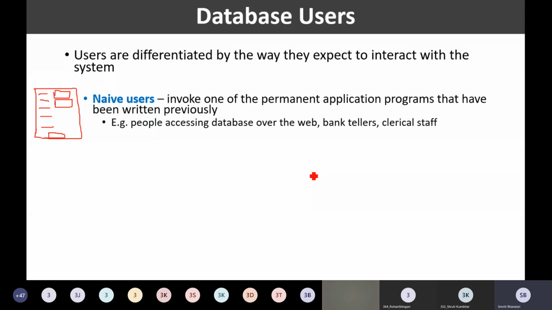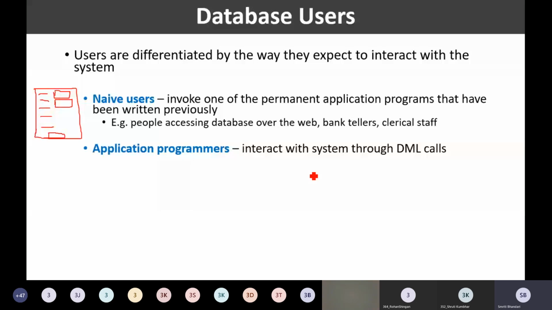That person will search for your record with your account number, and will get the balance of your account and tell you what the balance is. So once again, this bank teller is a naive user because he or she is simply making use of the application program that is already there. Okay, so I hope you must have understood who is the naive user or the end user.